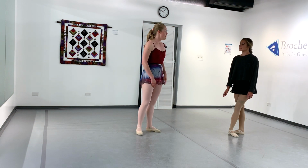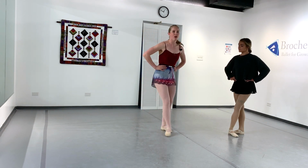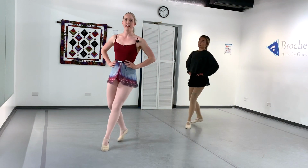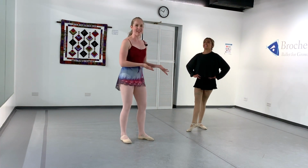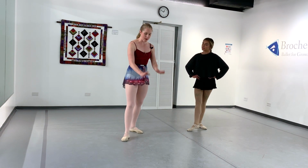So after that, pas de basque, everyone goes on the right leg and we do 4. Hands are staying on the hips. So we go pas de basque, 1, 2, 3, and 4. So you'll notice I didn't have to do much work. Jackie did all the work to make this diagonal line happen. She really came across and was able to make that line happen because I was already pretty much in the